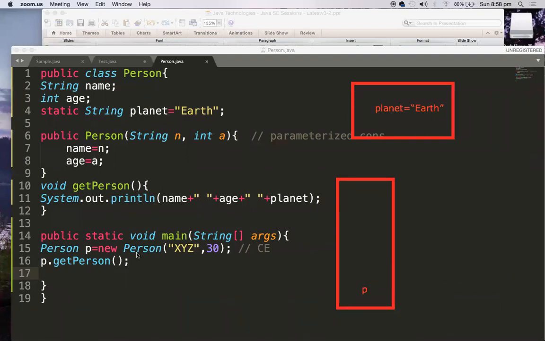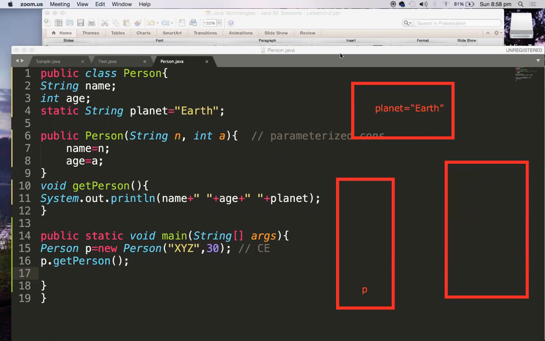And a new Person. Whenever new Person, what happens? New refers to the heap area. So let me draw this heap area, and this is my heap. It goes to the available memory, and then this Person constructor will get executed. What is the primary responsibility of a constructor? The constructor constructs the instance values of the class. So now it constructs this object. Let me write this object over here.